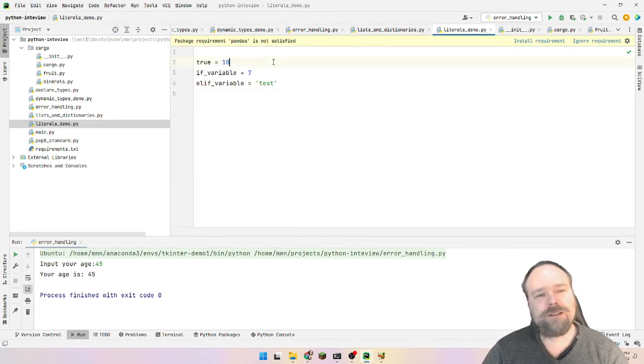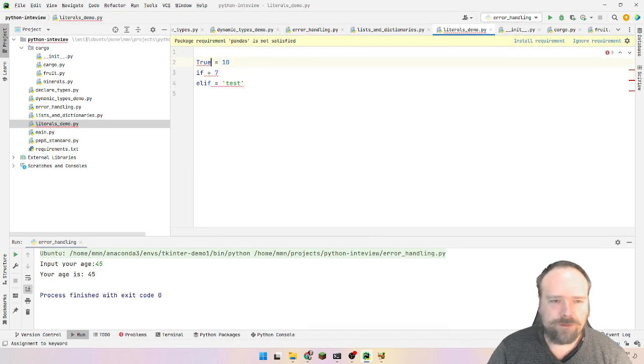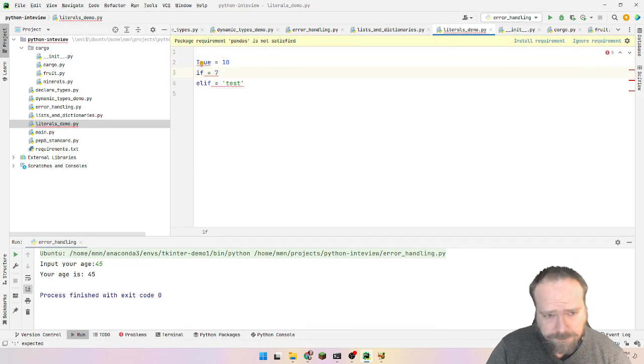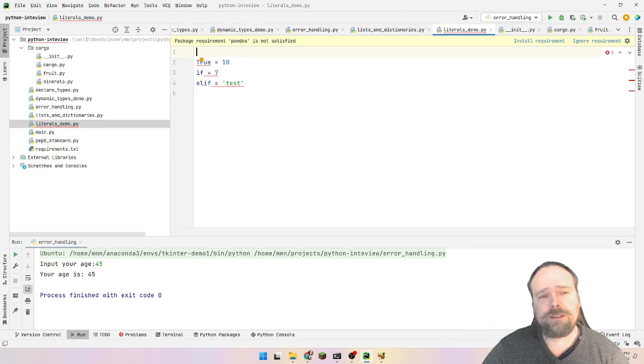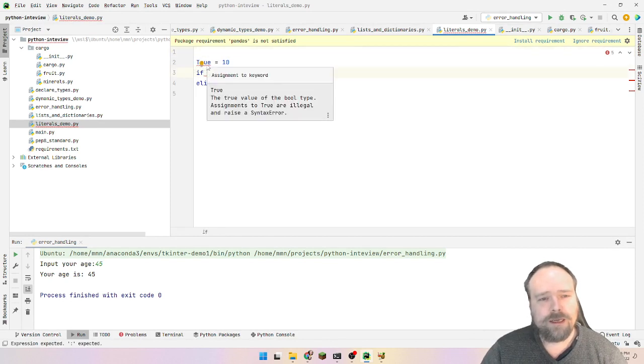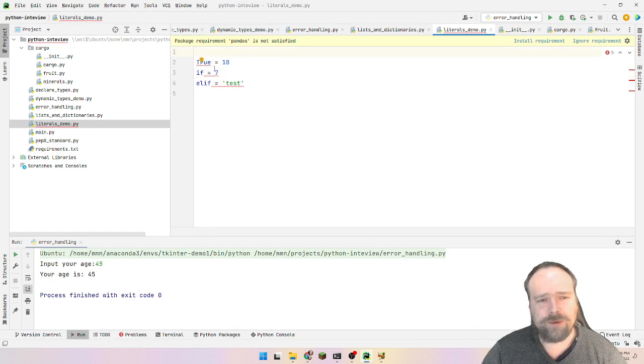This is because there are some reserved words. You cannot create variables with all of these reserved words right here. That is simply because those are part of the language, and you do not have to remember all of them. But if you get an error like this, then of course you have to know that it is because you're trying to assign to a keyword. And yeah, there's a lot of keywords. This, actually, is a Boolean value,